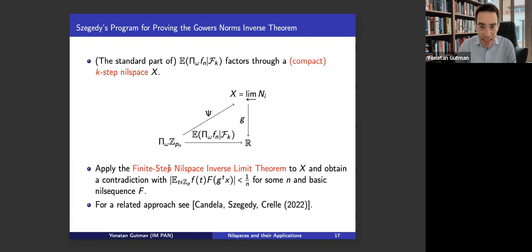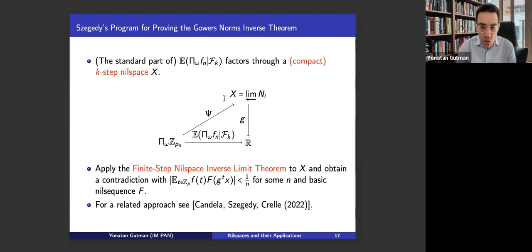In any case, now I think it's time to define what Nilspaces are. I think I have convinced you that they are important. As you can see, they appear as the main structural component of a very deep theorem, the inverse theorem on Gowers norms, which is used in a very deep theorem by Green and Tao, as we saw, allowing us to solve some linear equations in the primes.